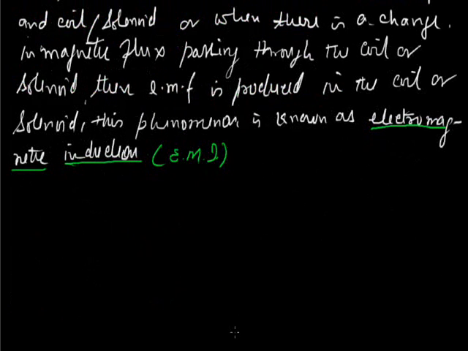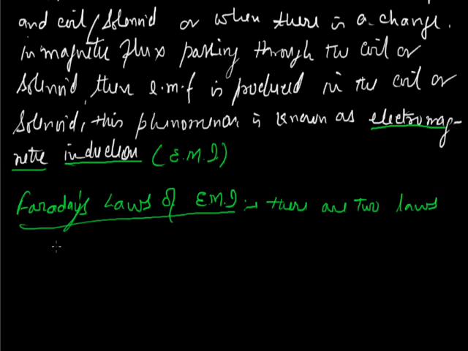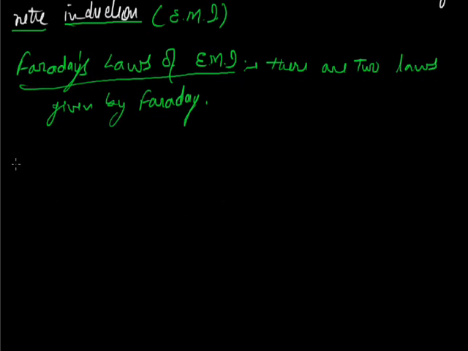EMI. Now, Faraday's laws of EMI. There are two laws given by Faraday. First law. First law is the definition of EMI. When there is a change in magnetic flux related to a coil or a conductor, then EMF is induced